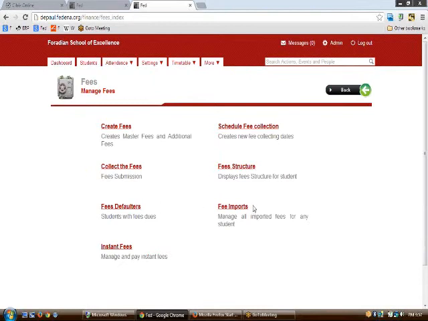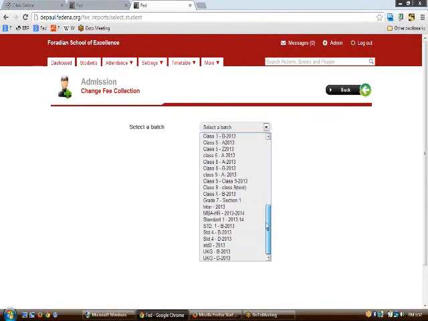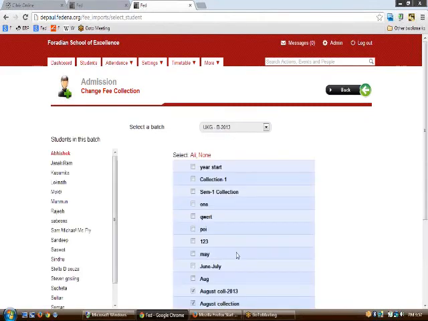Again, in the fees part, we have the fee imports, where you can ask a student to pay from a group of fee collection dates that you have created. Supposing you have created different fee collection dates, and you want some of the students to pay not all the money as per the fee collection dates, but only some of them. You can go to this fee imports part and click on the particular fee collection date, year start,